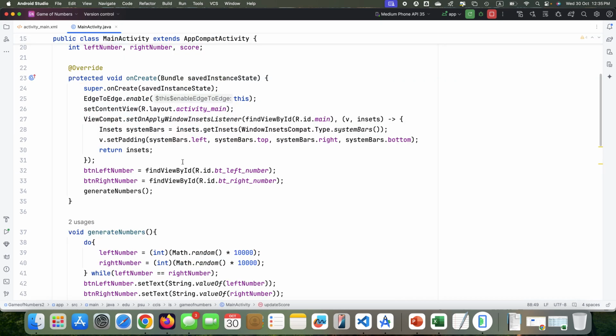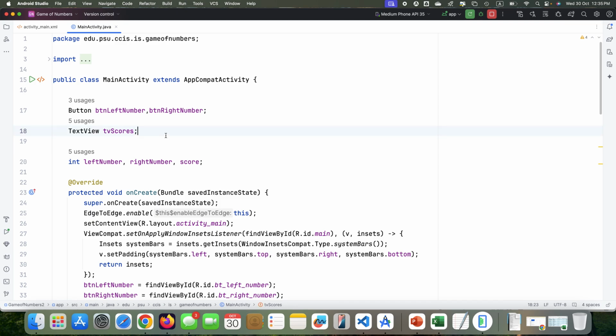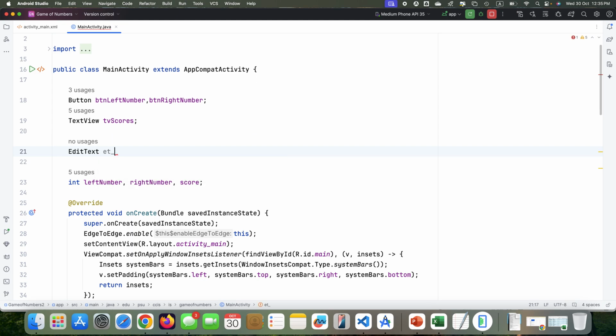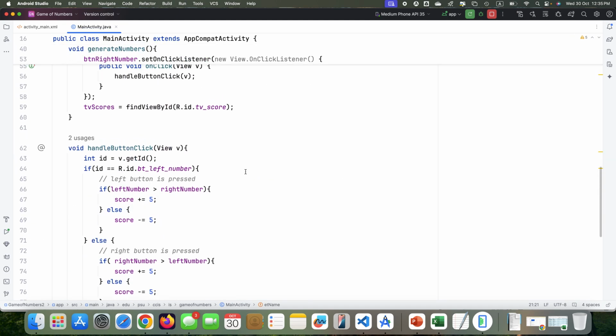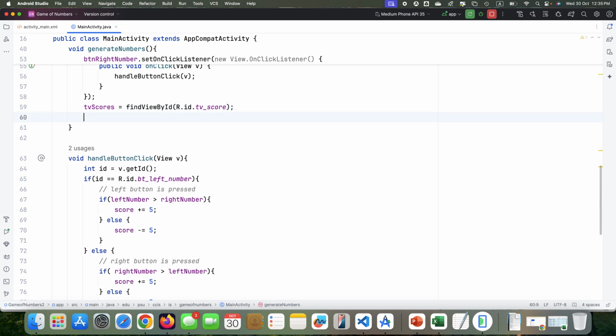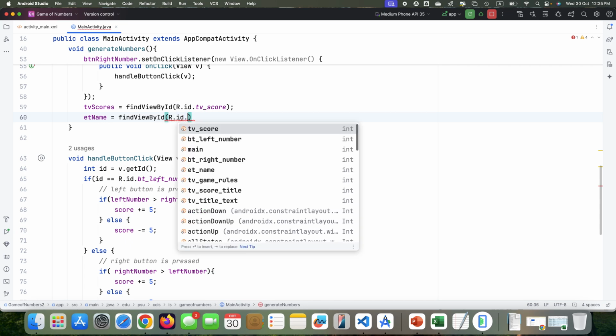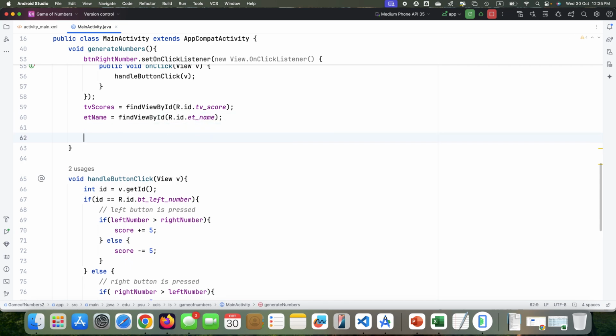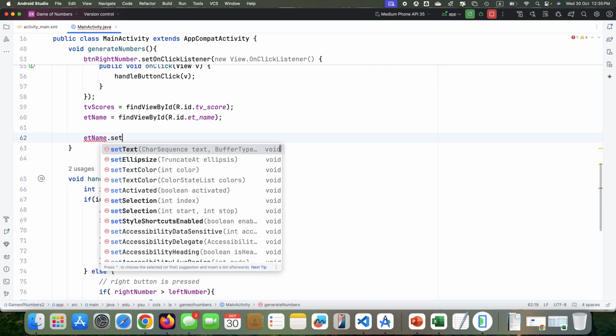Again I come down here, I define the edit text variable et underscore name, and then I need to initialize it. Once I have initialized, et name is equal to find r.id.et name, and now I say et name dot set